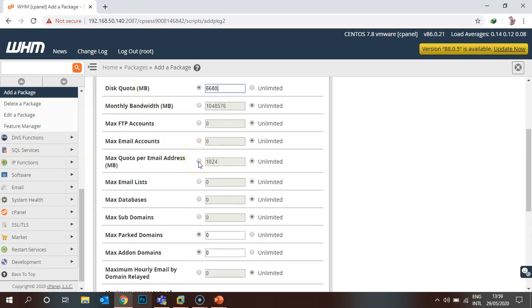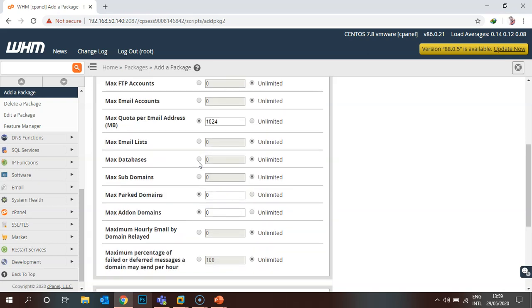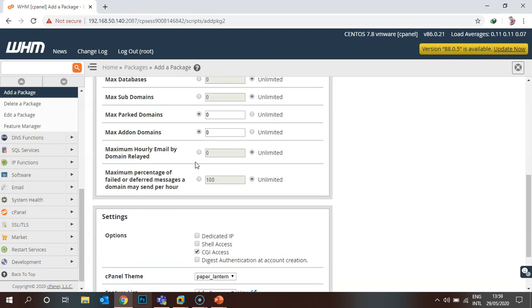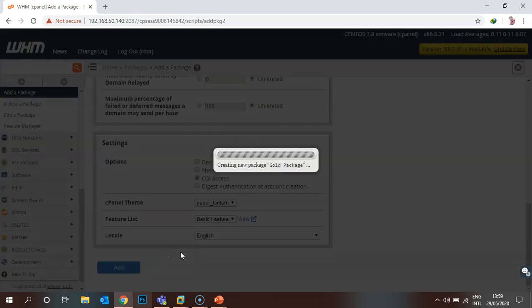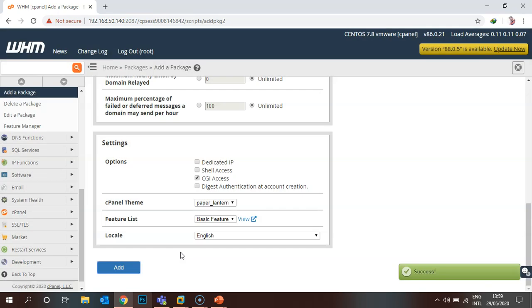But I will define a quota for emails of 1024. Maximum email lists should be 0, maximum databases 0, maximum subdomains 0, max parked domains 0, and everything else should be default. Now for the feature list, if you want to change it, you can select the basic features list. Click add. This is the way you can add any package to the WHM panel. You can create unlimited packages.